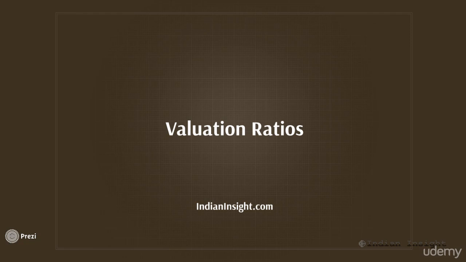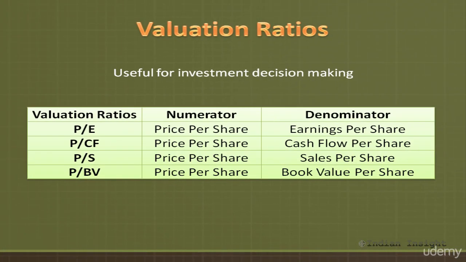Welcome back. In this video, we are going to briefly look at the different valuation ratios that have been used often in investment decision making. An example of a valuation ratio is the price to earnings ratio, also known as the PE ratio. It is one of the most widely cited indicators in discussing the value of stocks and relates price to earnings per share. Also, some analysts use other market multiples like price to book value and price to cash flow in order to make some sense of the valuation of a stock.